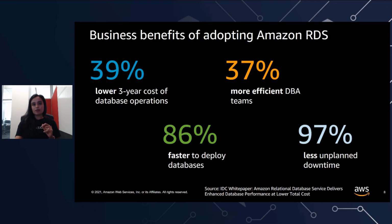This is probably one of my favorite slides because it provides some nice quantifiable benefits that customers on RDS have experienced when using the service. The numbers here are from an IDC report from last year, which surveyed RDS customers across a wide range of sizes, industries, and geographies. So it is a composite analysis. When customers move to RDS, they do see an overall reduction in TCO because we manage critical administrative functions for you. And so on average, customers have reported seeing a lower total cost of ownership, about 39% over the course